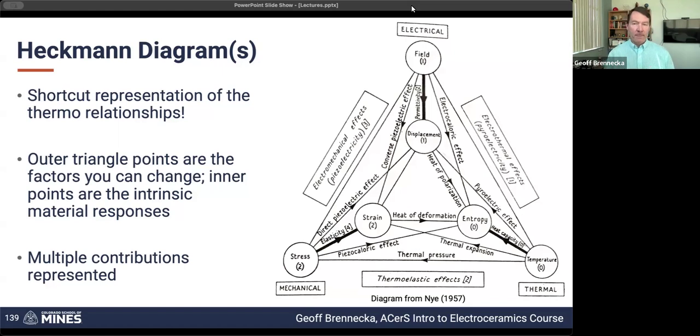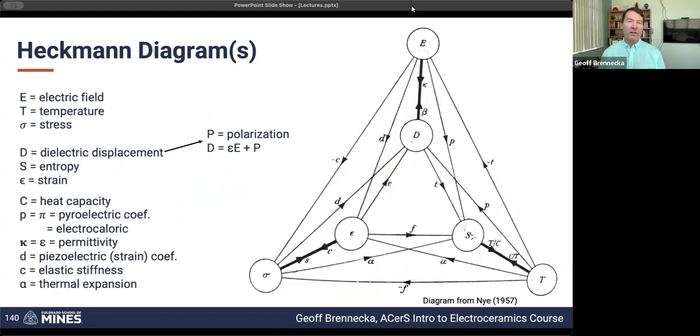So we walked through this briefly last time. I just want to do another quick example and show you different representations of these kinds of triangles. So this is the exact same thing, just simplified. So instead of showing the words, these are the common letters that are used to represent the symbols that are used to represent these different